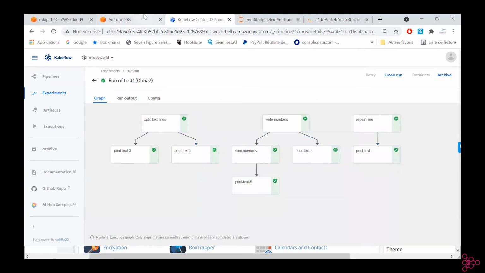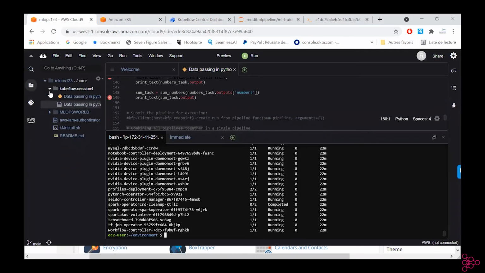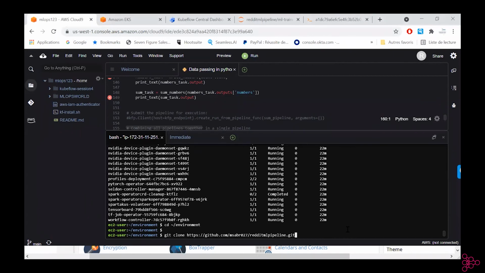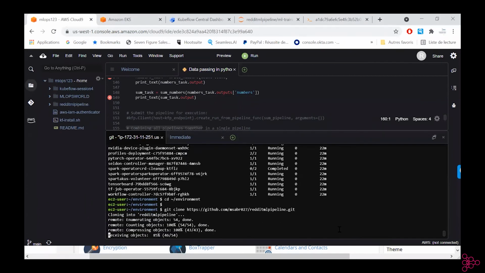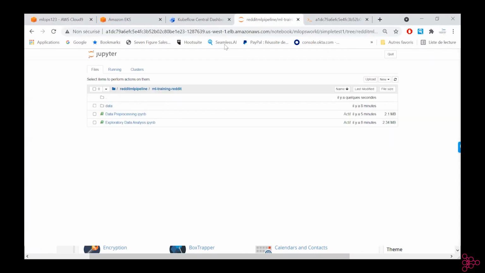So yeah, that's the 101 case. This is just a warm up before our main case. And our main case would be basically to go back to Cloud9, and we'll get the other GitHub repo that I have. We'll clone it. This one contains the project that we have seen here and that we accessed here.